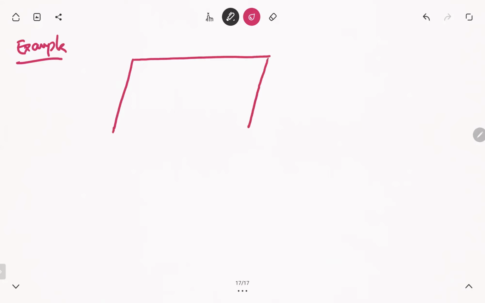it is given that A, B, C, D is a parallelogram. Make a parallelogram on your notebook. A, B, C, D is a parallelogram. So parallelogram means opposite sides are equal and parallel. Okay, now